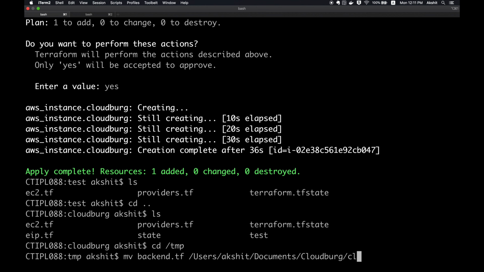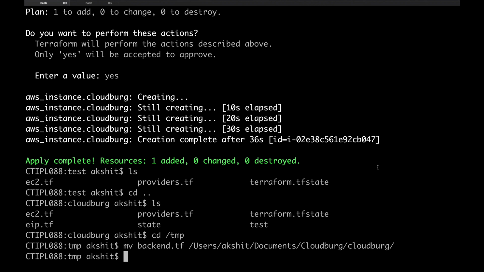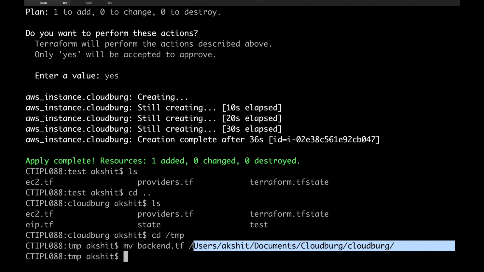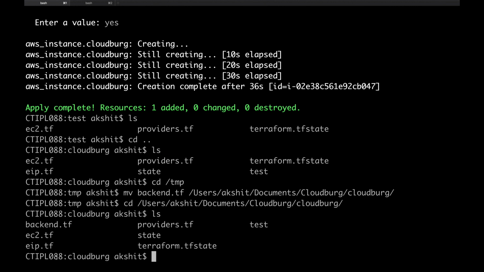This is the folder. Now let's enter into our Terraform directory. Yeah, now we have one backend file. Let me show you what I have in this file.